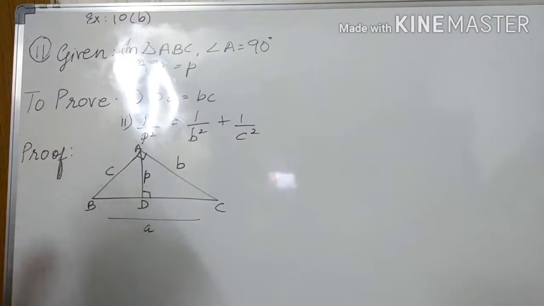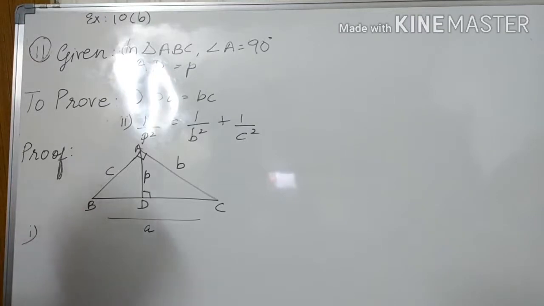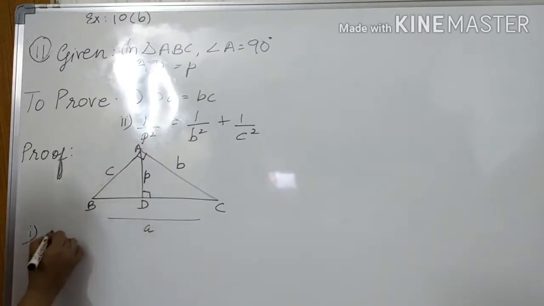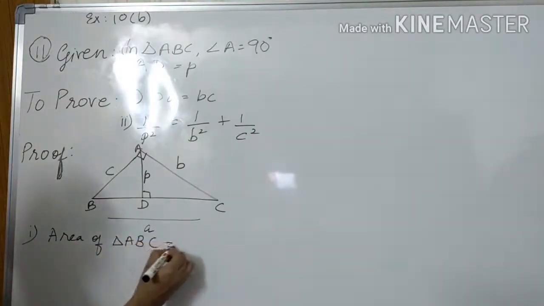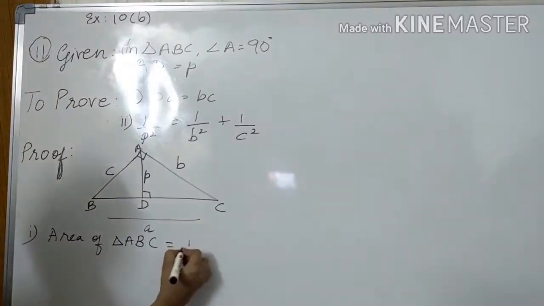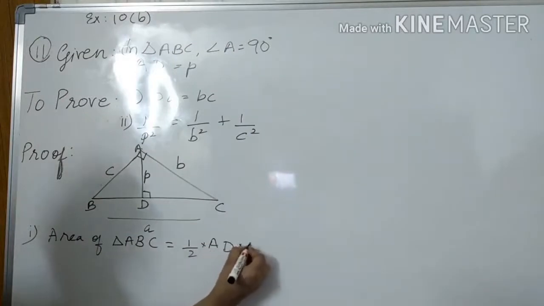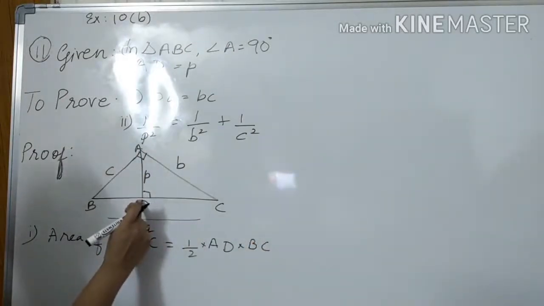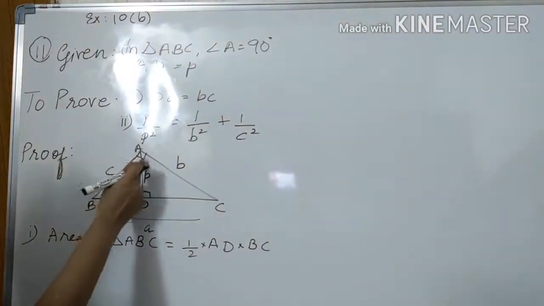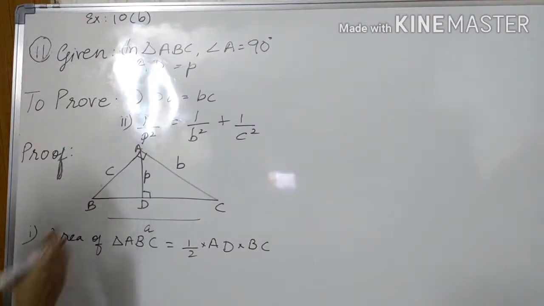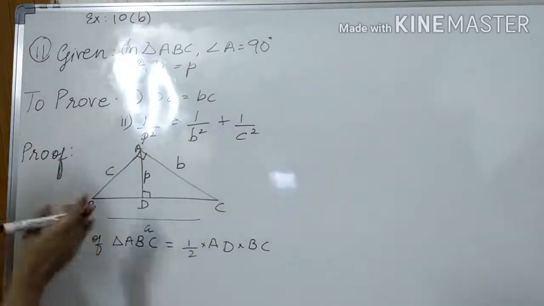Now let us see the proof part. To prove the first part, first of all, we will start with the first part. We want to show PA is equal to BC. For that, I will take area of triangle ABC. In prior also one question we have written area of triangle ABC, that is half base into height. Right? So half AD into BC. This is as AD is the height and BC is the base. But students, here angle A is also 90 degree. So these AB can be base and AC can be height in the same triangle.